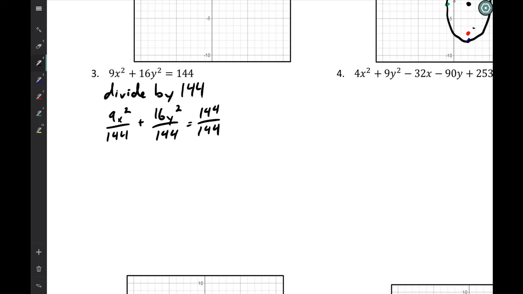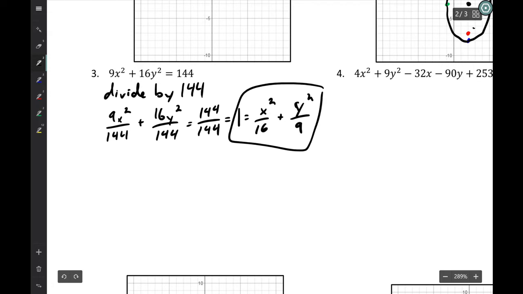Okay, so this is going to become 1 is equal to, and 9 divided by 144 is clearly 1 over 16. So I get x squared over 16 plus y squared over 9. And this is my equation here with that y equals 1 thing. Okay, now this is really easy. I know the center